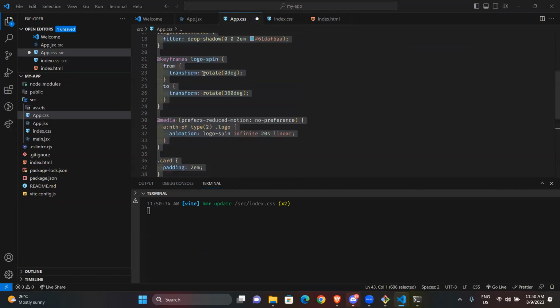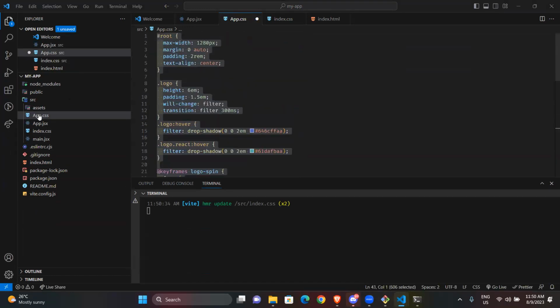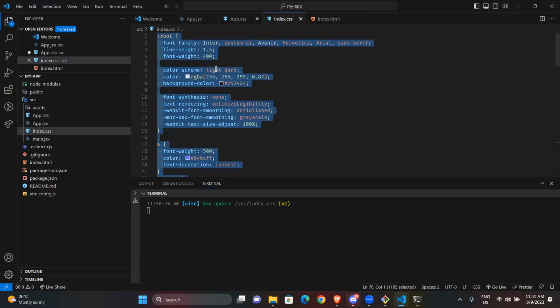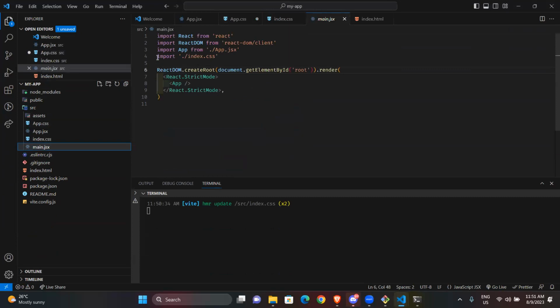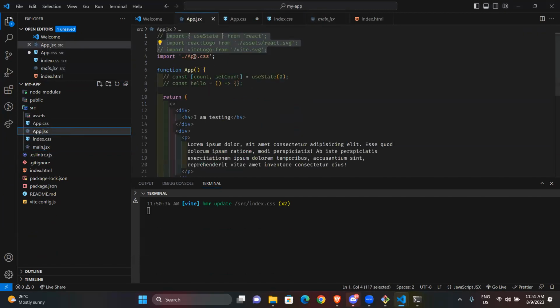The index.css is more like global. It's linked to this, which wraps the entire app, whereas app.css is just linked to this one. I don't know if you get what I mean.